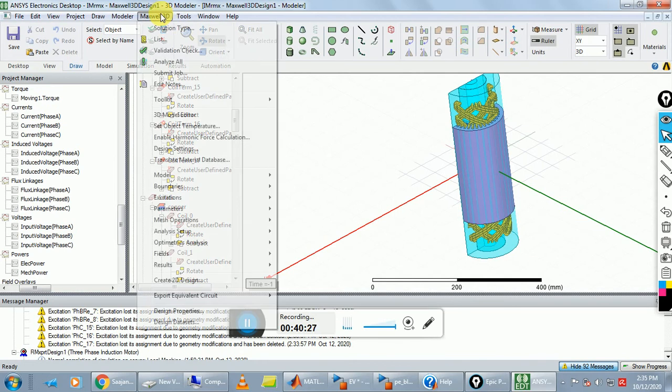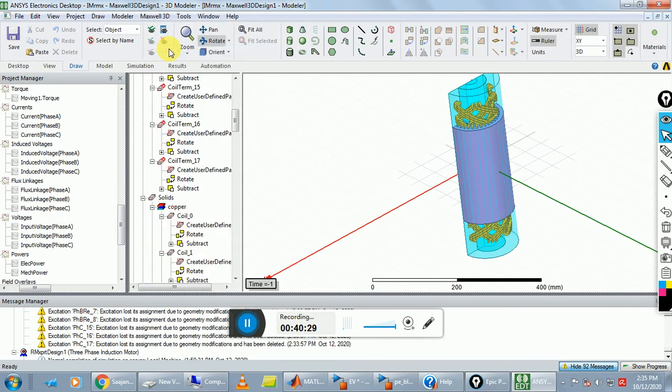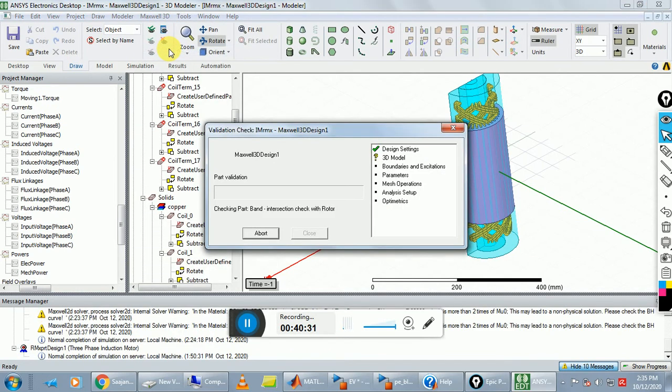Okay, the next step is go to Maxwell 3D and apply validation check. This is a 3D model. A 3D model takes more time as compared to a 2D model.